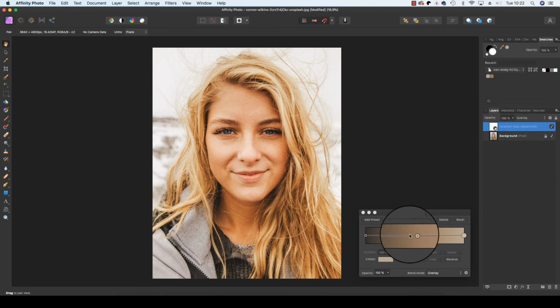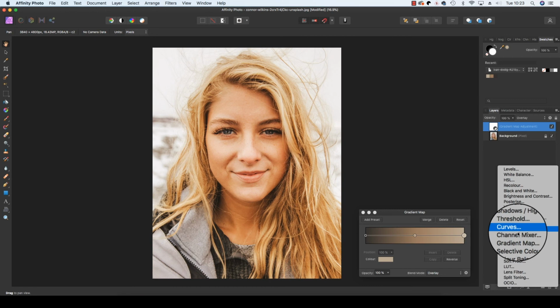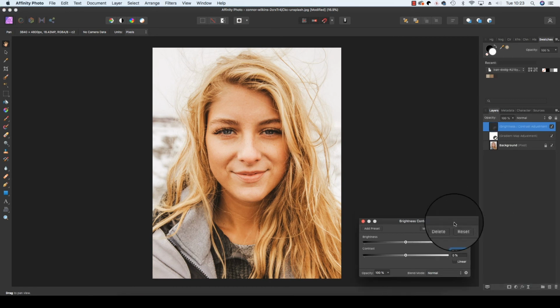And using the swatch and the gradient map tool, we can see how much our image has changed. From this to this, a much more stylized color grading taken from a completely different image. You can now make any further changes, such as adding another adjustment layer. I think I will experiment with the brightness and contrast, just boosting the contrast a little bit and increasing the brightness a tad. And when you're ready, you can save the file by heading up to File,